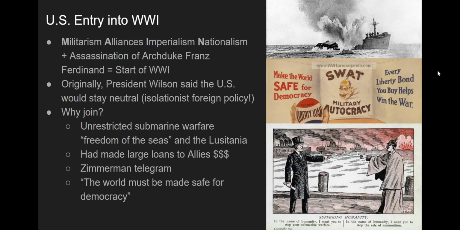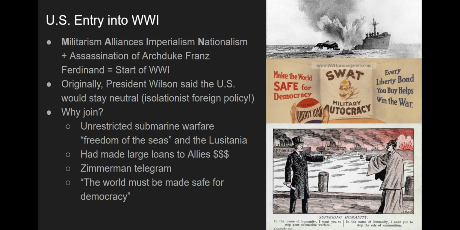So let's keep talking about Wilson's foreign policy. Because really the big thing you should associate with Wilson is World War I. He is the president during World War I. So remember, the United States had a policy in general, until imperialism, of isolationism. Really, our main goal is to stay out of foreign conflicts, like the ones that were constantly happening in Europe.